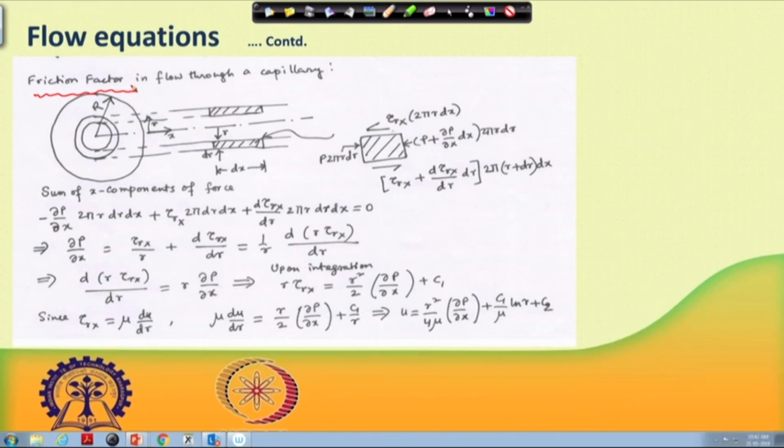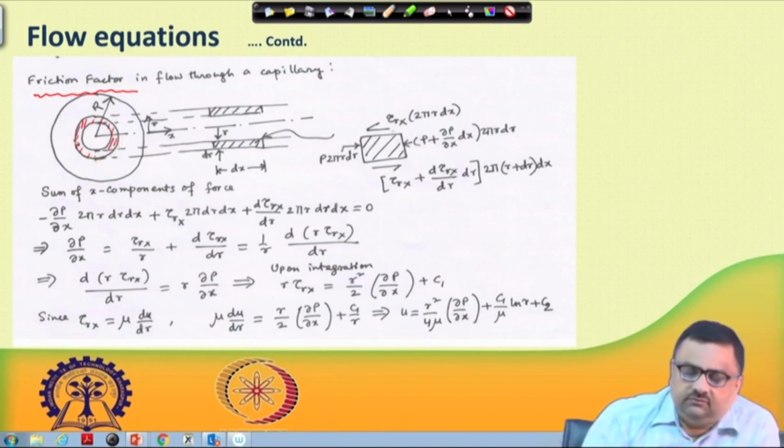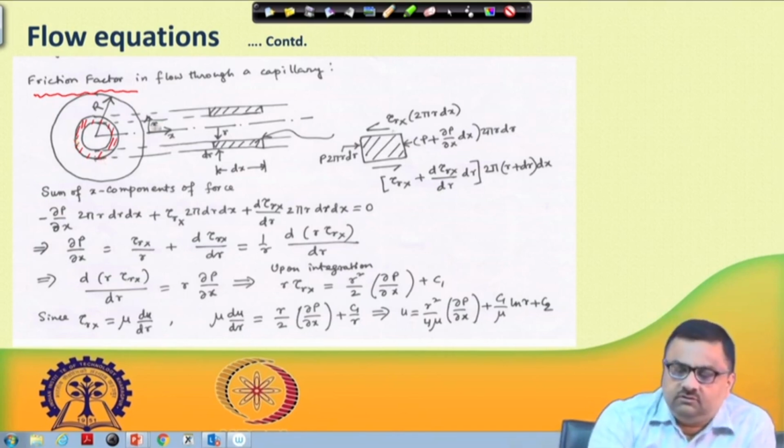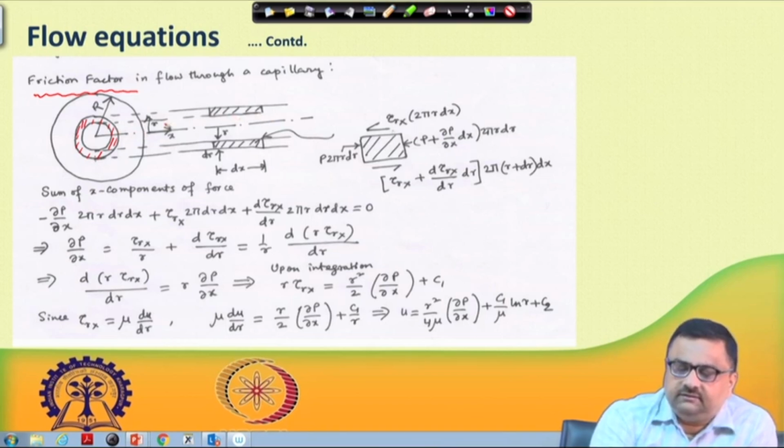Here we pick up a differential element. If I look at the side view, this is the annular area we are referring to. If I take the front view after cutting, this is the hatched portion that we have. This is at a radius r, the thickness of this annulus is dr and the length of this annulus is, let us say, dx, and capital R is the